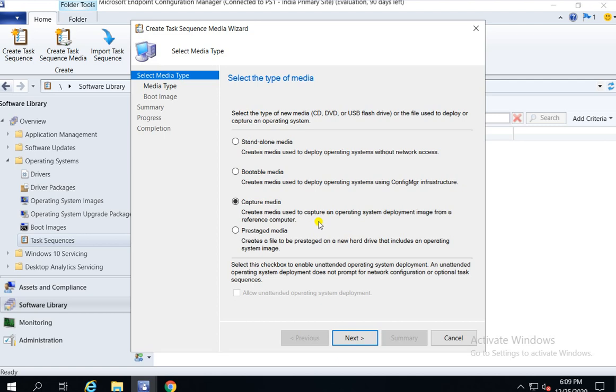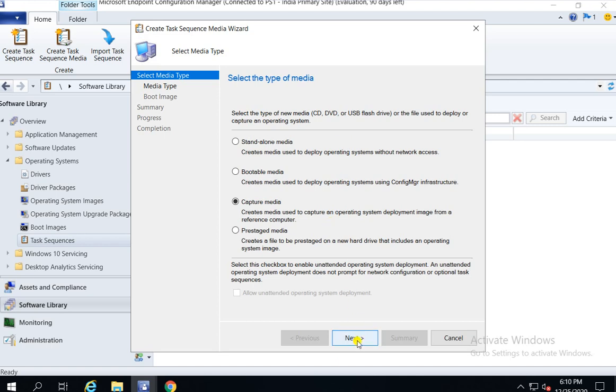That will not be pushed to your SCCM, but will be on a new hard disk along with your operating system image. So these are the four options used for operating system deployment, and we are going to use capture media.